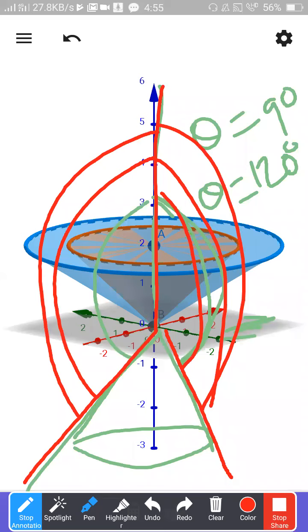Okay, if you increase theta, when it is 90 degree, it is on the base plane. When it is more than 90 degree, it comes to the downward side. It was on the upward side, now it comes to the downward side. Again, the axis of the cone is always here only at the center point. Okay.